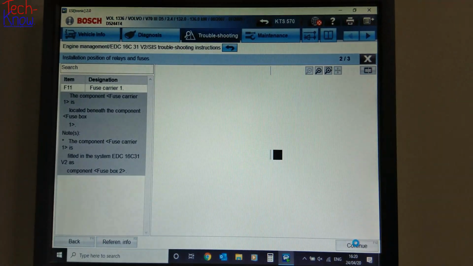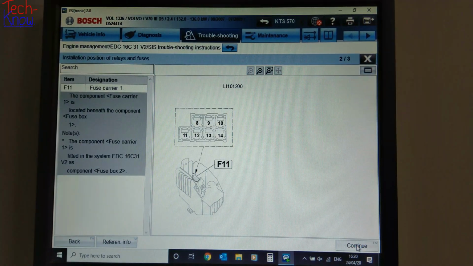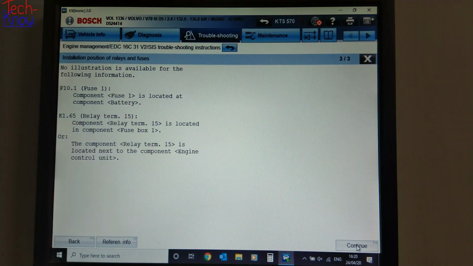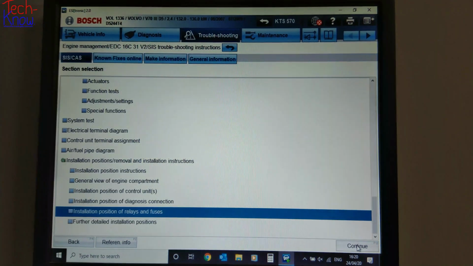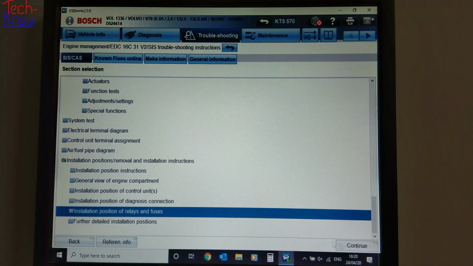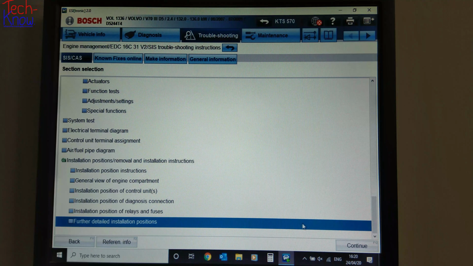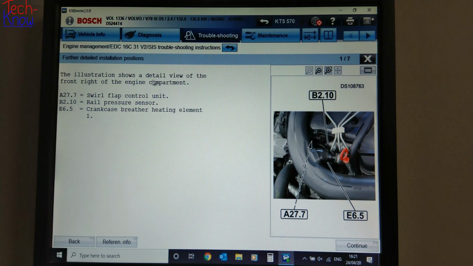So that gives us a couple of pages there all about the fuse box and various fuses and relays around the vehicle, particularly to do with the engine management in this case. If we continue through that, we end up back at the main menu. And then underneath that, we've got further detailed installation position instructions. If we click on continue, then we'll get some